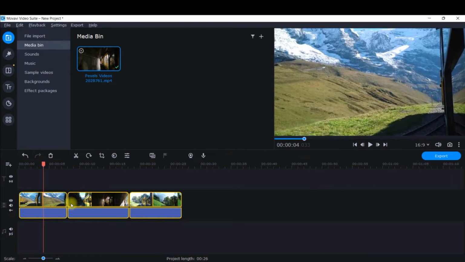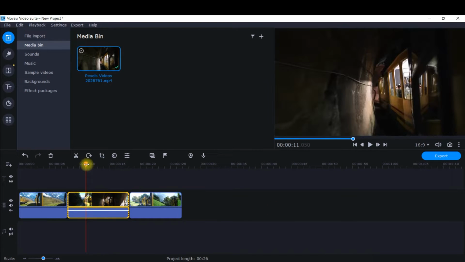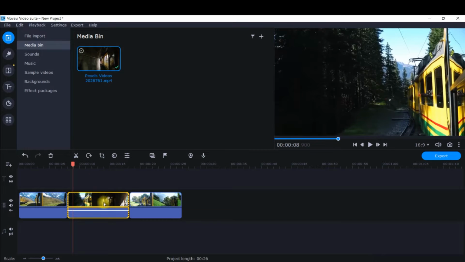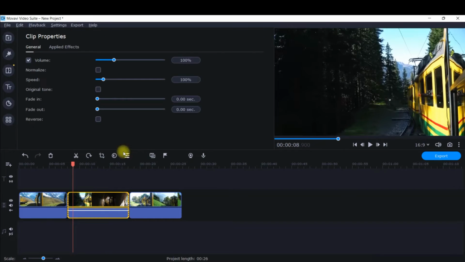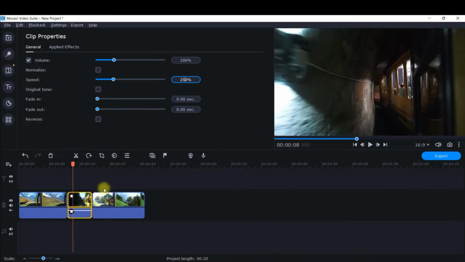This is a normal video speed. So I will make this part speed up. How do I do that? There are three options. First, get the part selected, then go to the three dots, clip properties option. Okay, here you get the speed option. Here you can make it any speed. I will make it 250. Right, as soon as you make it 250,